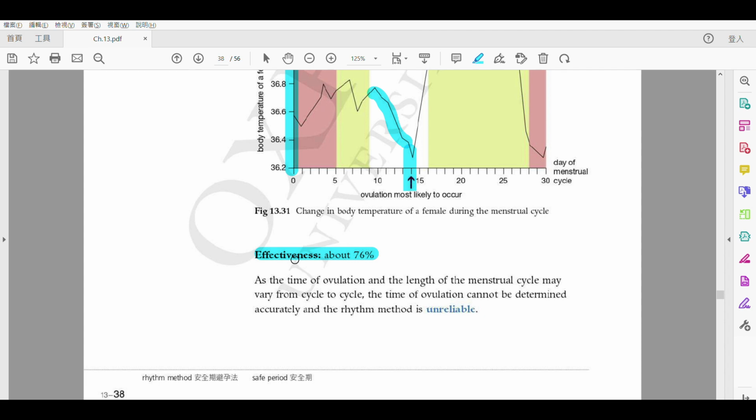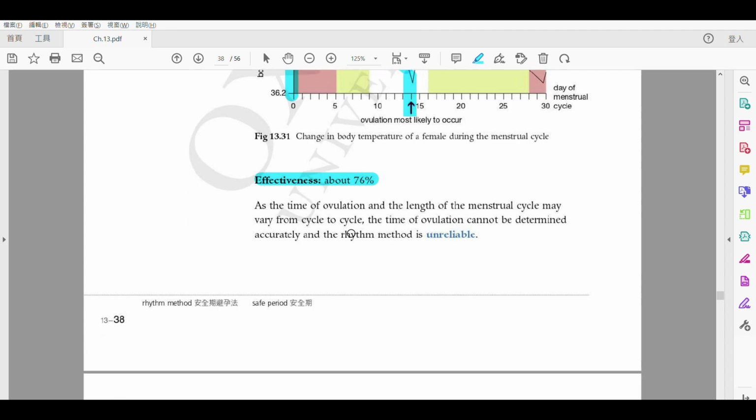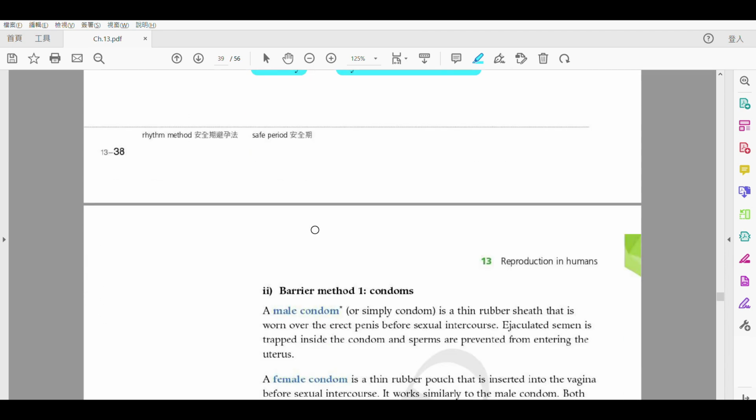OK 喺咁多種避孕方法入邊咧係最低㗎啦。OK so this one also try to get the main idea and put down the keywords 係啦 because ovulation 啦同埋 length of your menstrual cycle 啦 may differ, OK, they may vary 即係會改動㗎啦 therefore the time cannot be determined very accurately 或者啦，呢個 method 啦 is not reliable， OK 係唔可以依賴、唔可以信賴嘅。